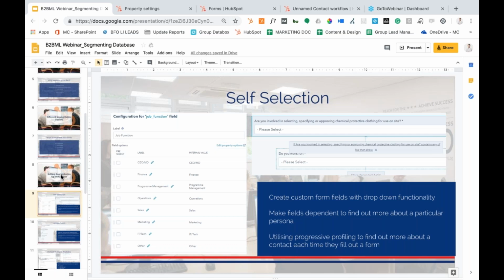By getting your prospects to tell you a little bit more about themselves, you just need to ask the right questions at the right time. You can use things like custom form fields, which means that you ask questions to find out more about your prospects and get them to select the answer that resonates with them the most. A good example of this is a form field which asks them to describe which persona they fall into or which job function they have,